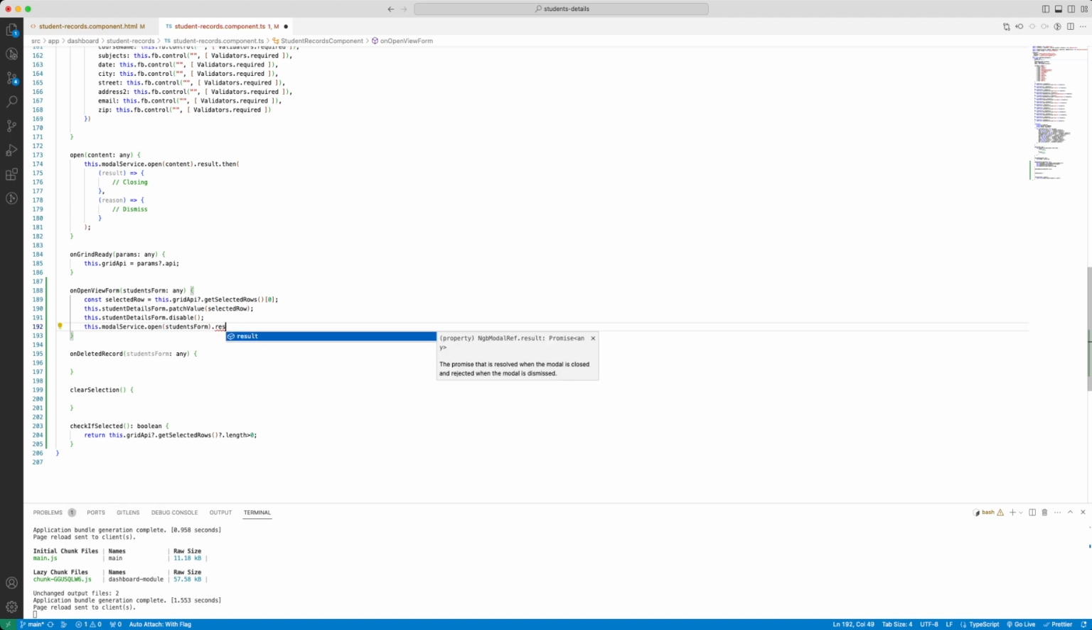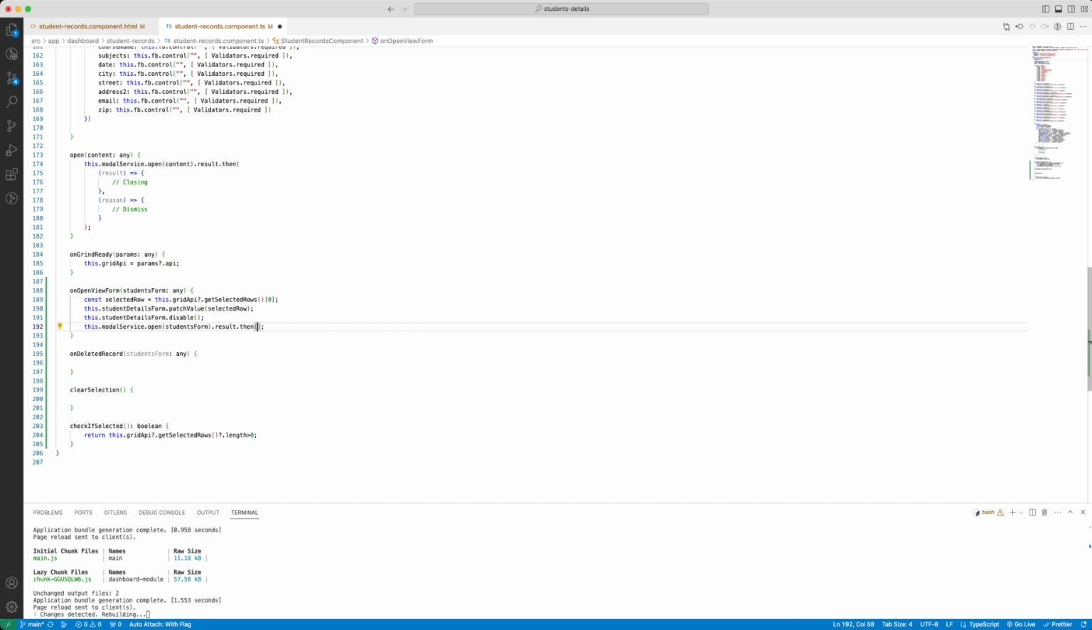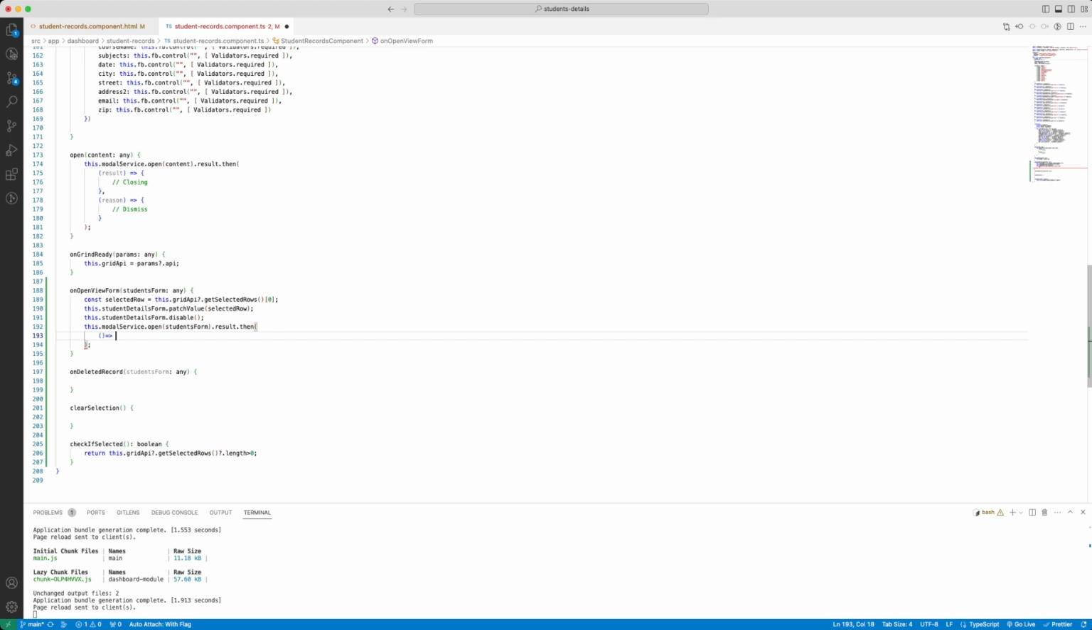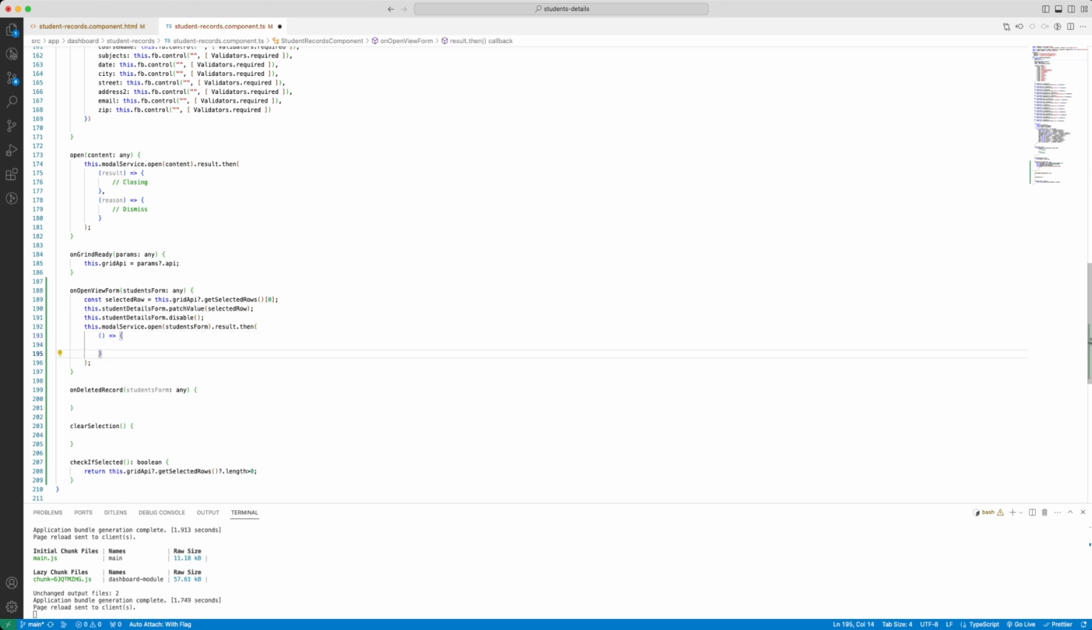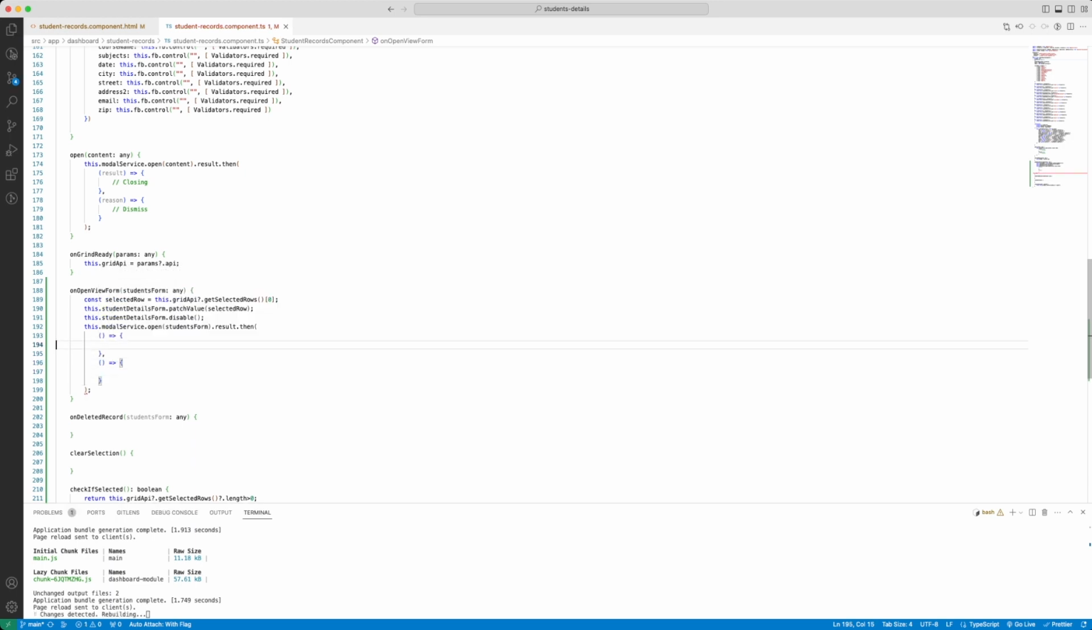This result property is a promisable function. So let's just put this and then do a then, define it like this. And then here you can actually pass two arguments. As I said earlier, while describing the bootstrap model, these two arguments are close and dismiss. When you dismiss it, you need to provide a reason, and when you close it, you need to provide a